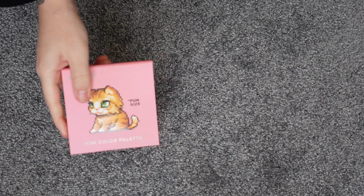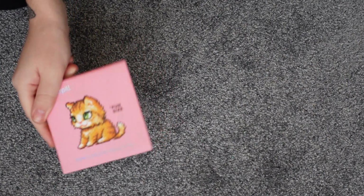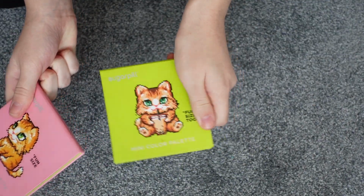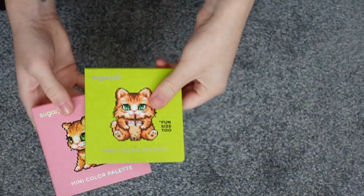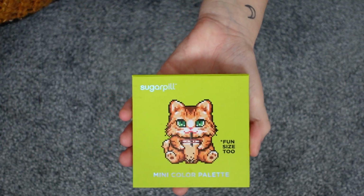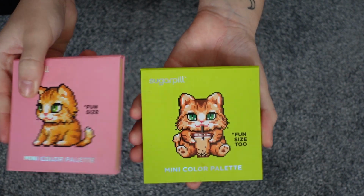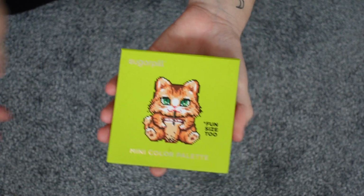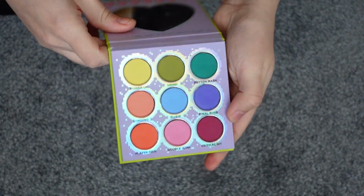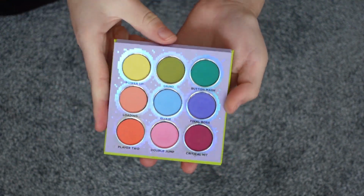And of course, because I love the Fun Size palette so much, I had to get the second one. I just had to get the sequel. I couldn't help myself. And the Fun Size 2 palette, I love the chartreuse-like color here. I think they complement each other really nicely, and the fact that little trash cat is drinking a boba tea is absolutely adorable. But this is the Fun Size 2 on the inside, and I think this complements the